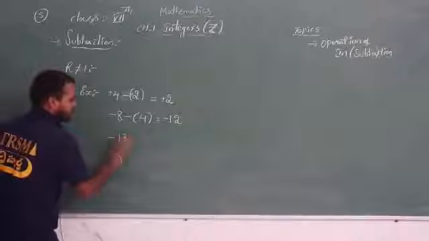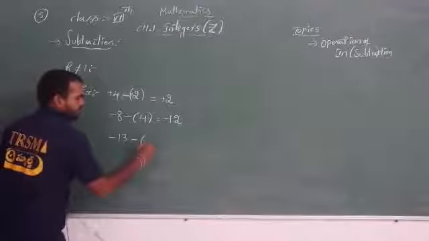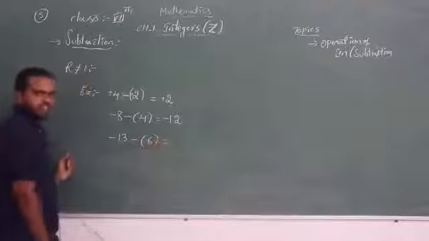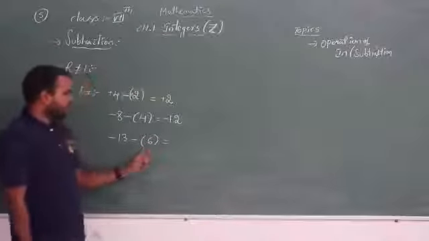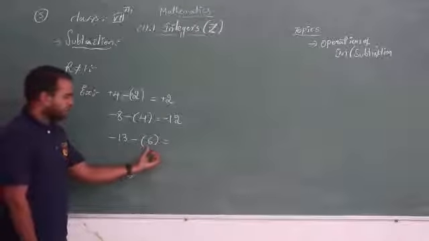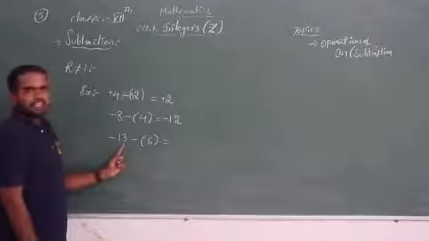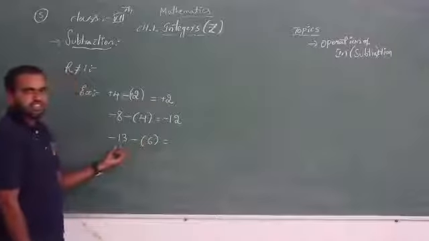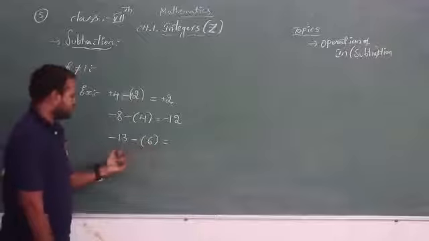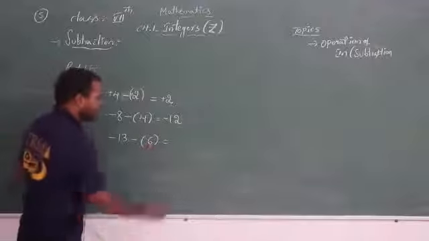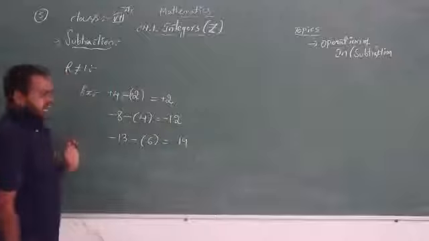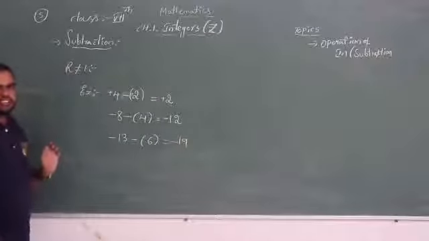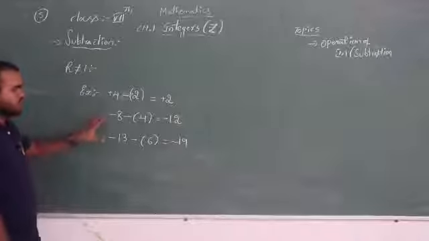So I am taking minus 13, minus, so I am subtracting the positive integer, let's take it is 6. Okay, now what I am doing here? I am subtracting the positive integer from a negative integer. If you subtract the positive integer from a negative integer, what do you have to do now? We have to add the numbers. So 13 plus 6, how much will we get? We will get 19. And which sign do we have to take here? We have minus, so we have to take the minus sign. Okay, so this is the rule number 1.